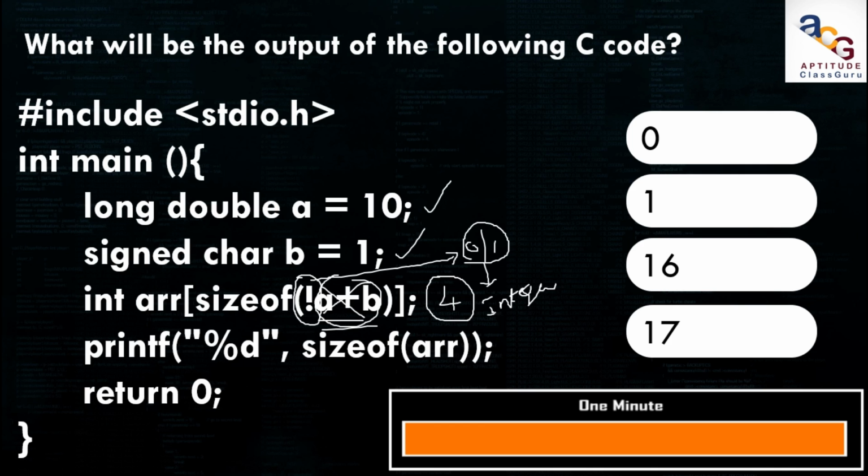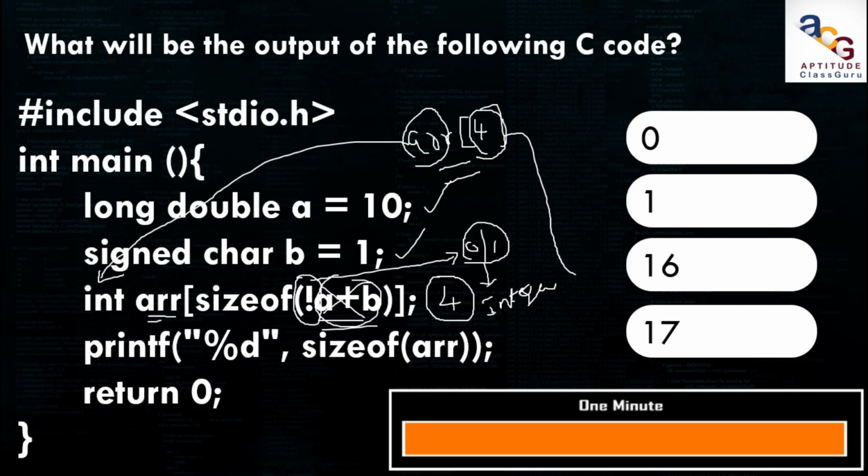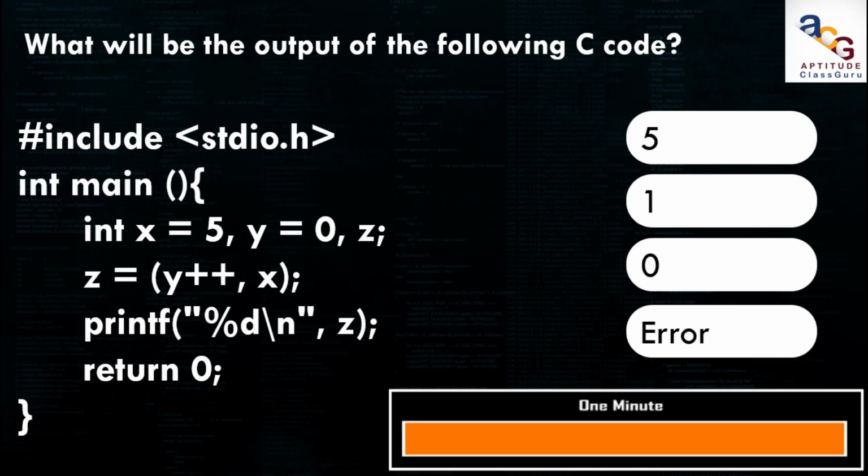So here the array size is initialized as 4, so array of 4. And the array is of which type? Array is integer type. So an integer occupies 4 bytes for one variable. Here in the array there are 4 variables, so each variable occupies 4 bytes. These 4 variables occupy 4 into 4, 16 bytes, such that the size of the array is nothing but 16 bytes. Let's look at the next problem.